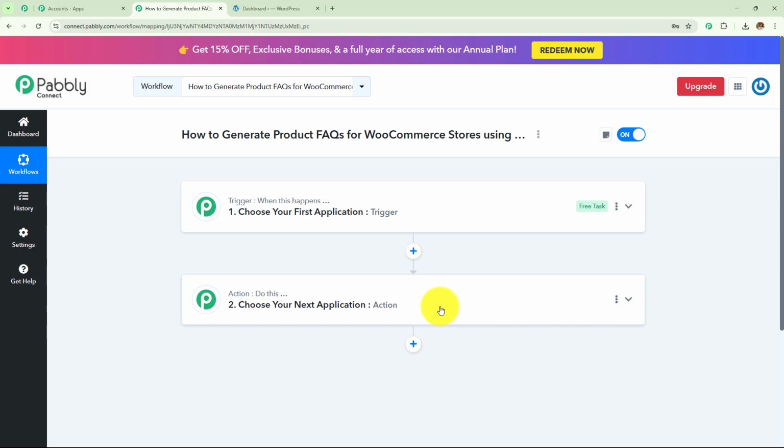So a trigger is basically an event which starts the automation of a workflow. There can be only one trigger step in a workflow, but as many action steps as you want. Here in this workflow, I want to generate product FAQs for WooCommerce stores using an AI agent, which means as soon